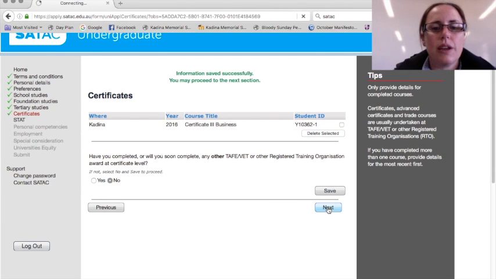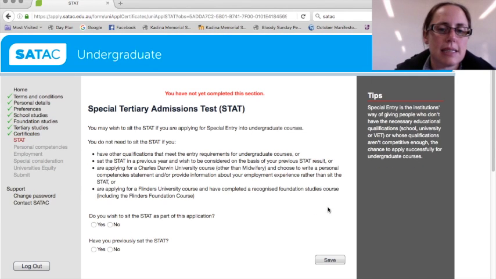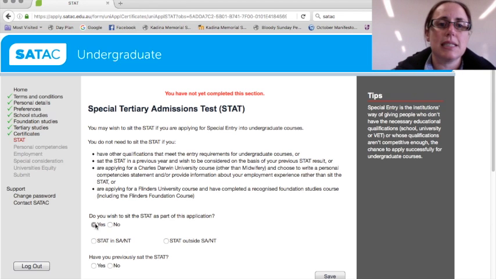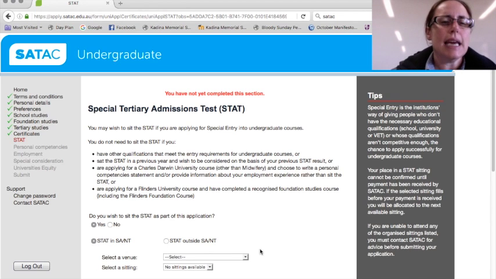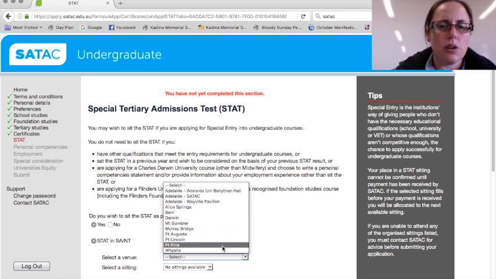All right, so if you want to sit a STAT test at some point during the year, make sure that you have put that information in. The STAT test is an additional test that you can take in case you don't get the ATAR that you want, and